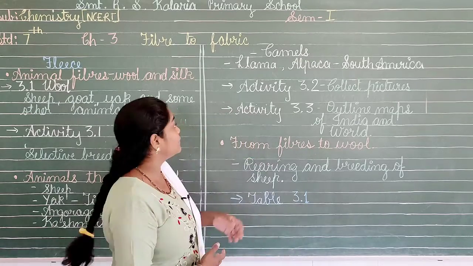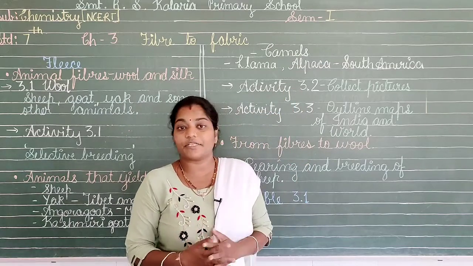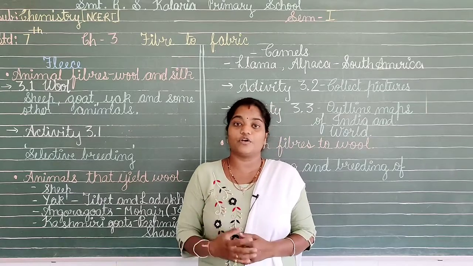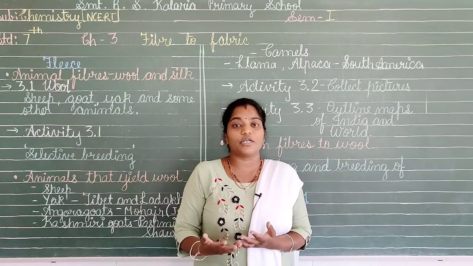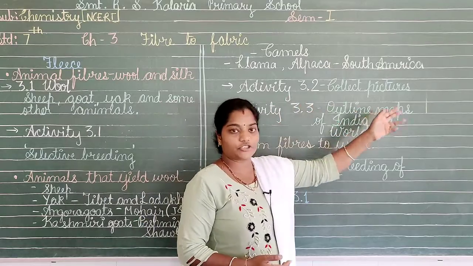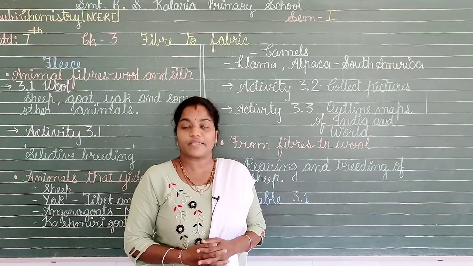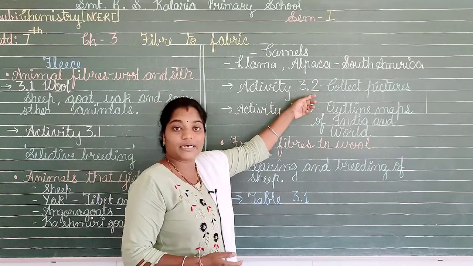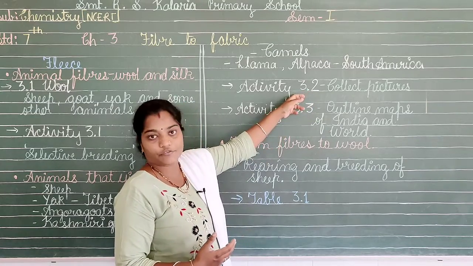Now, here we have activity 3.2, which says that we need to identify and collect the pictures of these animals which provide us wool, or from which we can yield a good amount of wool from their body structure. So, there we need to collect some pictures and paste them in our CW, and we need to identify their names also. So it is this activity 3.2 which will tell us which of the animals we have stuck in our CW for the yielding of the wool.